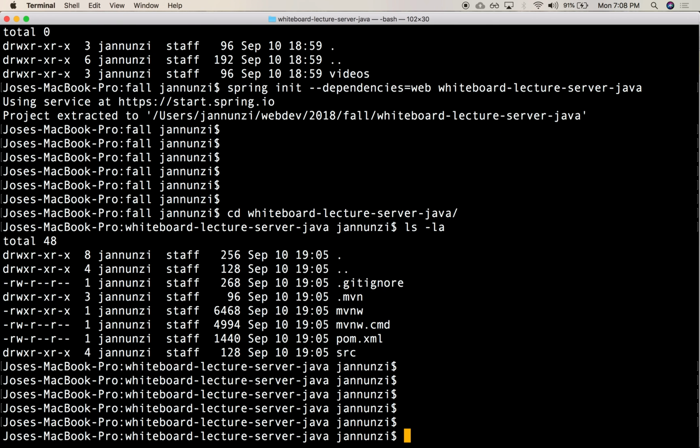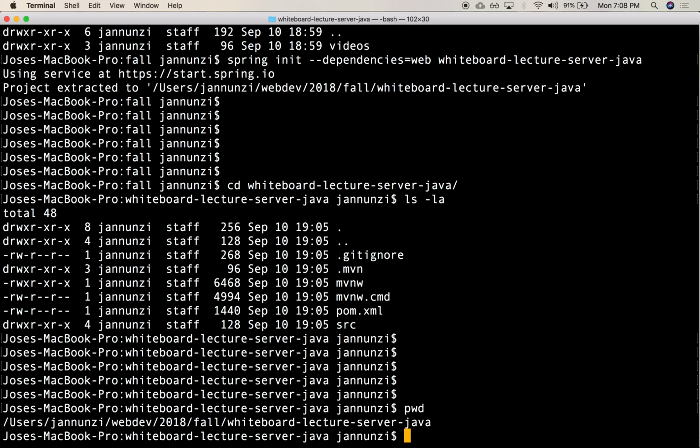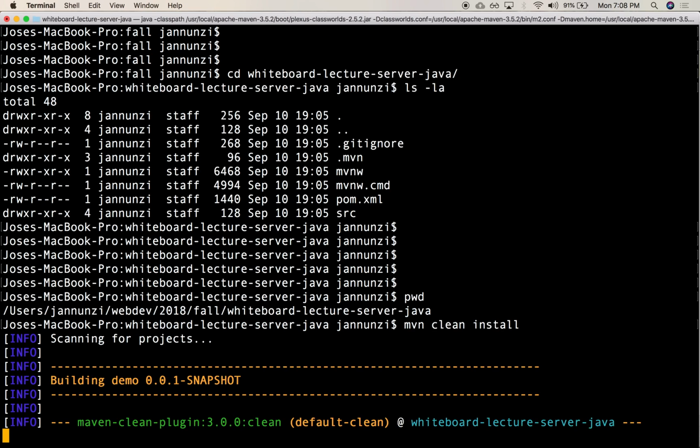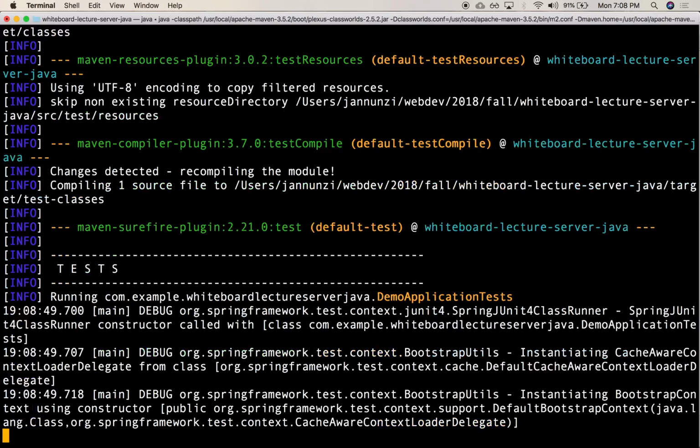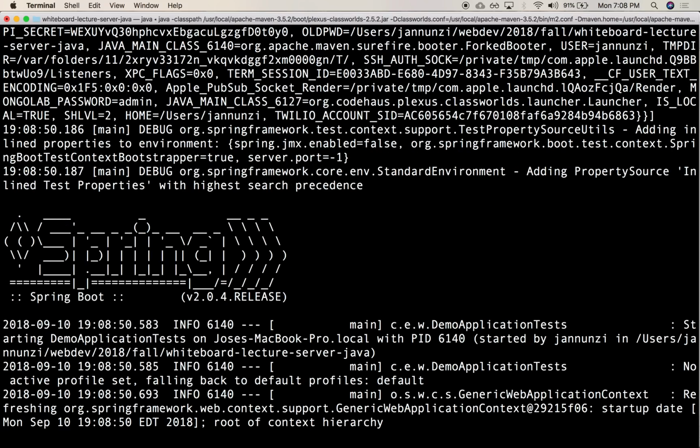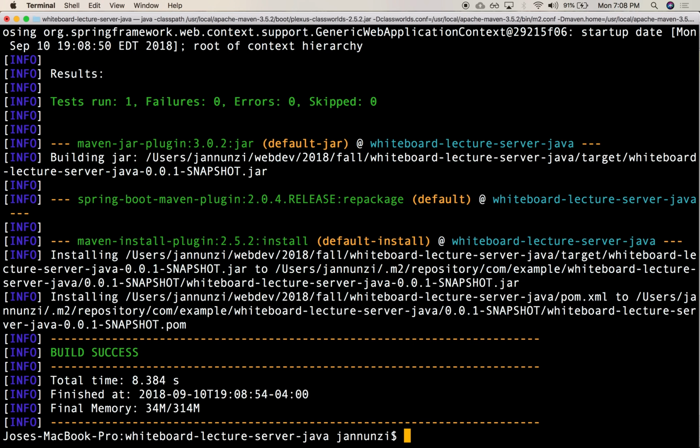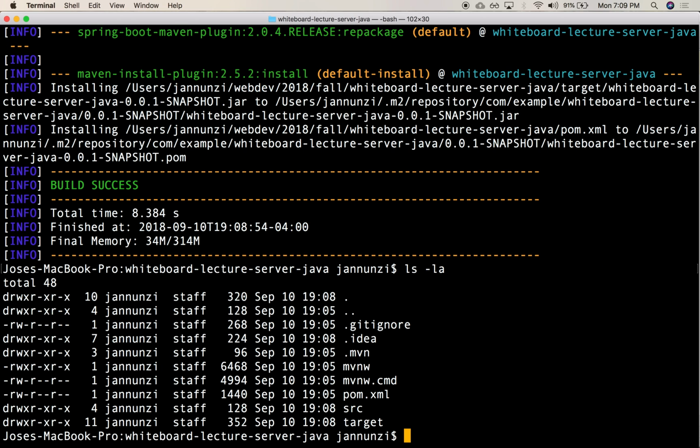And from the command line, we can compile this using Maven. We're in the right place? Yeah, so mvn clean install. This reads the POM file, the pom.xml, sees that you need Tomcat, you need Spring Boot and a whole bunch of other things, downloads all the jar files, puts them in the right place, so you don't have to do that manually, and it generates a target directory. In the target directory is a compiled and packaged version of the application, and we can run it using java -jar